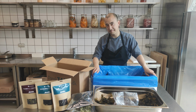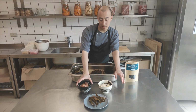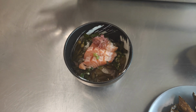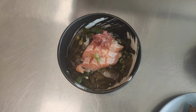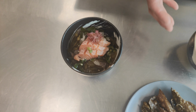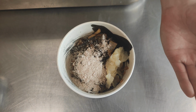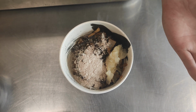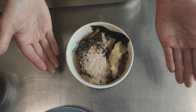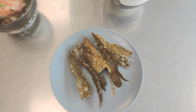Let's get cooking. In today's video, we're going to do 3 small dishes. We're going to make ochazuke, which is rice where you pour tea over. Then it's topped off by fresh fish, fresh seaweed, sesame seeds, and wasabi. And we're going to do a variation on a gyudon, which is normally a dish with beef and onions and soya and sake. We're gonna make it with mushrooms and Dumont algae, and then we're gonna make fried kombu seaweed